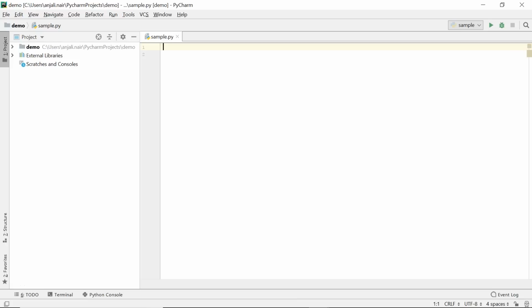Now let's get on to our final demo. So here we'll try out a simple game. The program will generate a 4-digit number using the random function, and our user needs to guess this number. So for every digit that the user guesses at the correct position, we print that one place is correctly guessed.